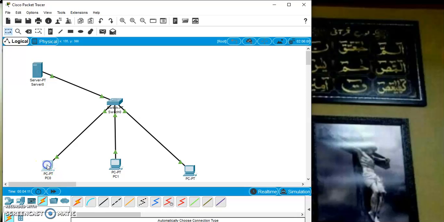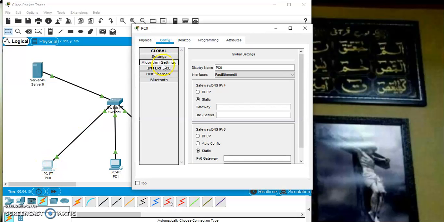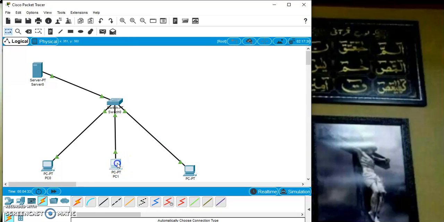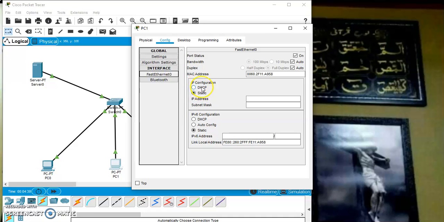Then come to the PC and go to Fast Ethernet, connected to the switch. Once you click on DHCP, as you can see, automatic dynamic addresses are assigned. If you come to this PC, again configuration and Fast Ethernet, once you select DHCP, let us check.